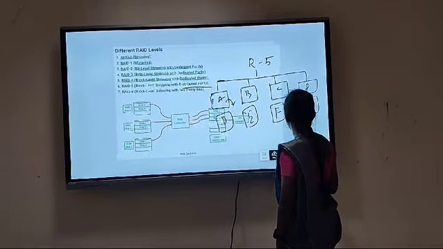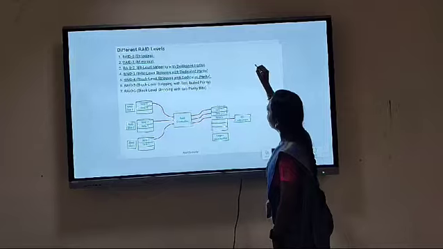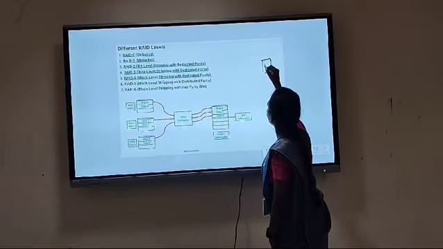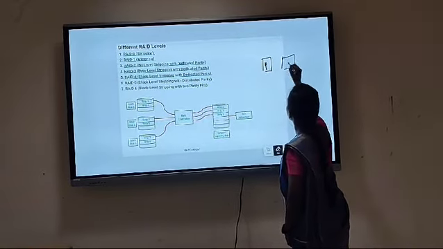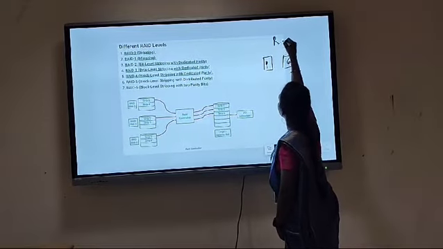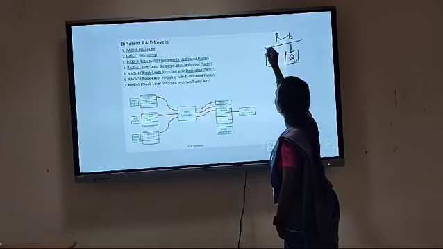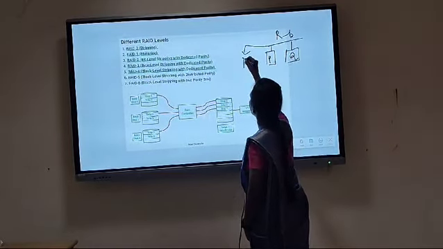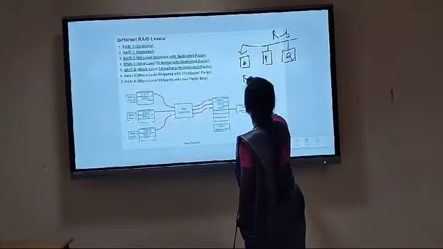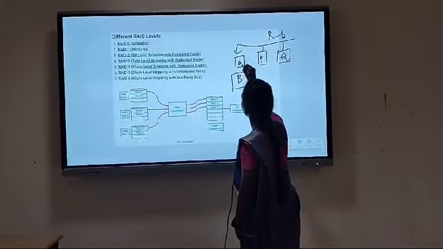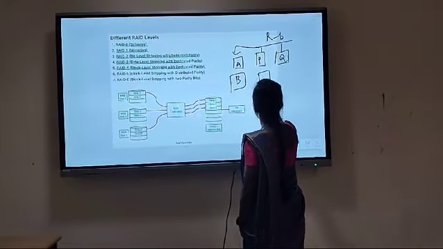And then inside RAID level 6, we use 2 parity checks, one is P and the other is Q. We use 2 types of parity checks in each block. This is an A block and this is a B block. In each level, we are going to use